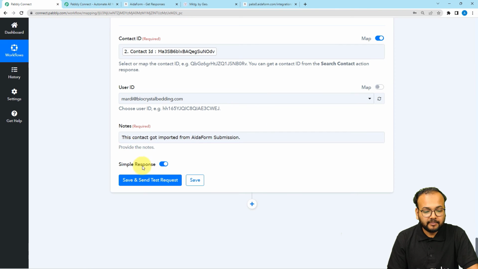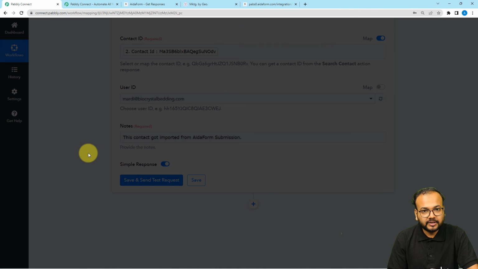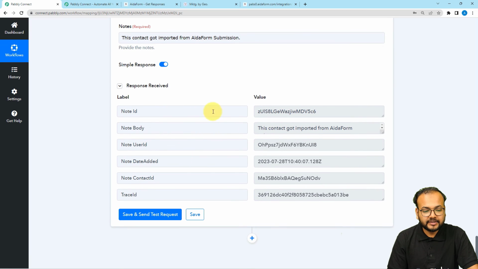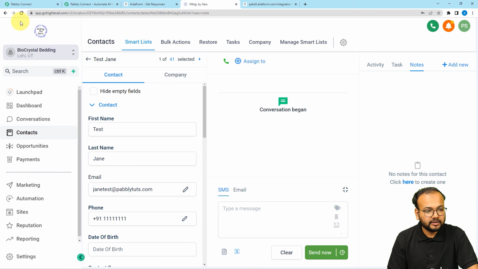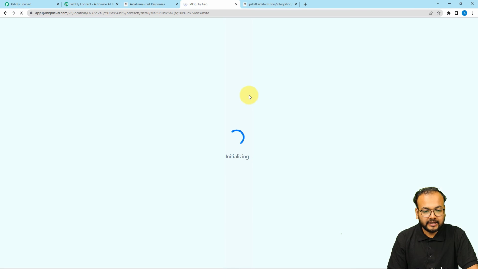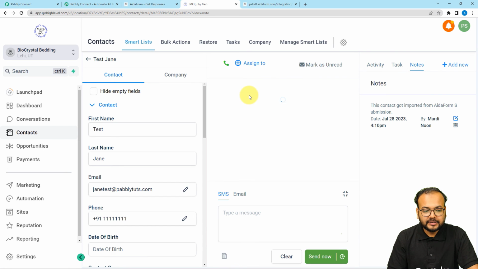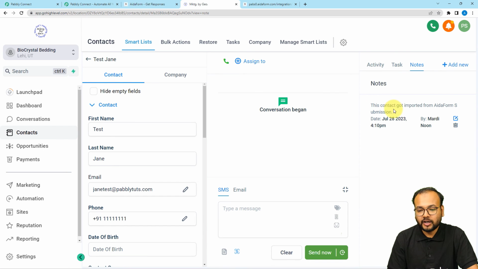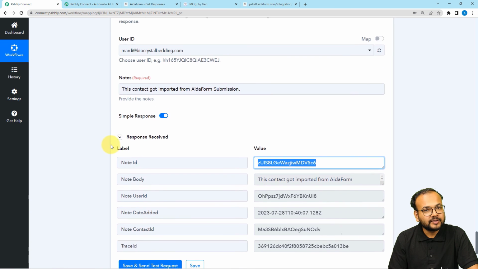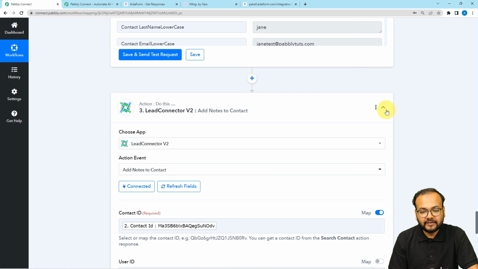Let me show you. I am clicking on the save and send test request button, and this is the response I received. You can see we have received a note ID. This means a new note will be added. Let me show you here. Let me refresh my contact, and here you can see, guys, in my contact I got a new note added, and it says this contact got imported from AidaForm submission. This is the date and the time of the note, and this is the same note I have added here. So our connection is working perfectly fine,